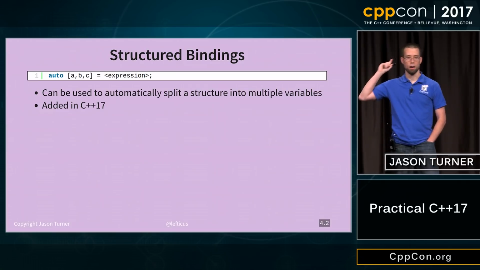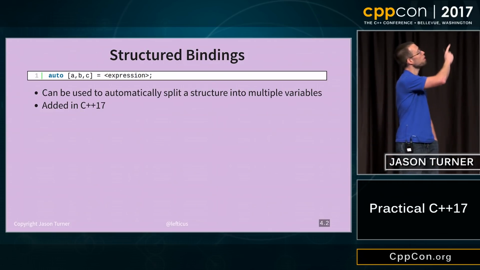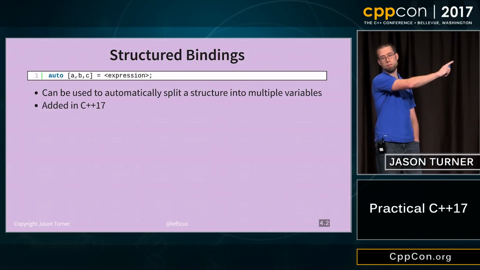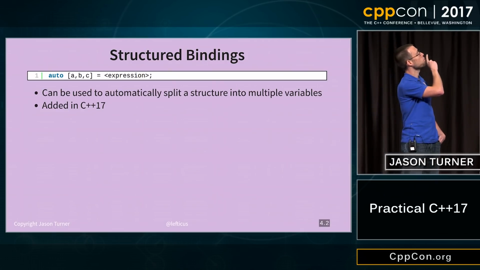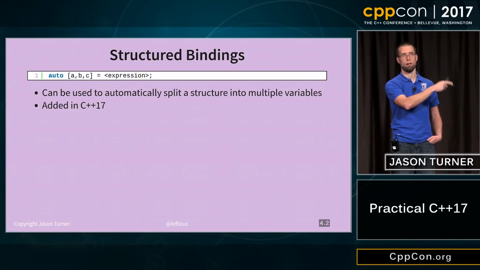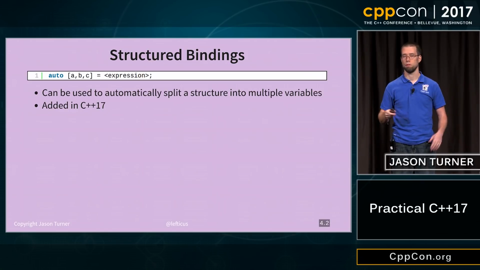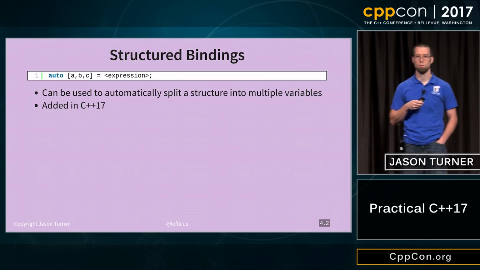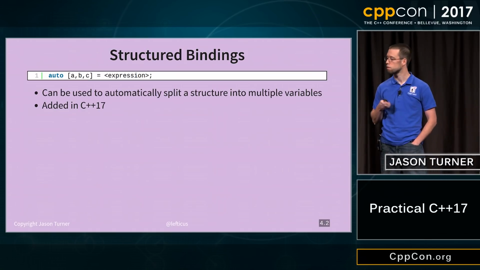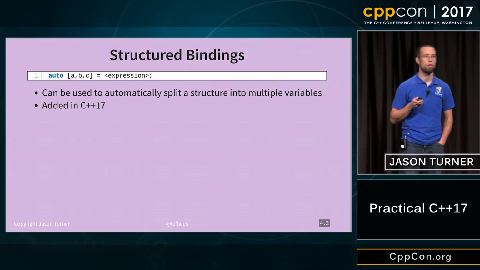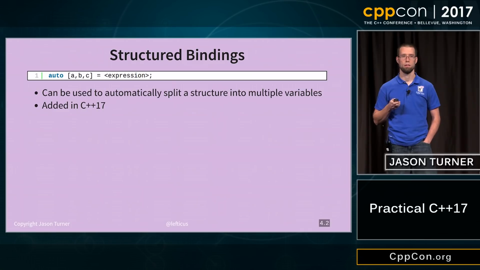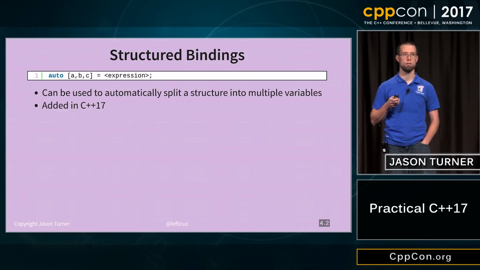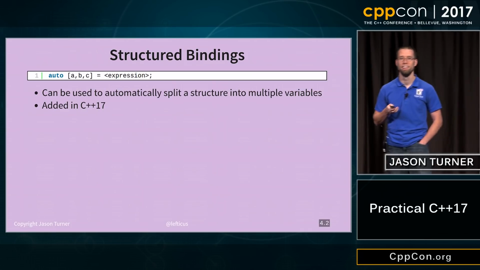It works just like auto deduction. You must use auto. It must be a comma-separated list of things inside of brackets. And it can be auto, const auto, auto ref. I think volatile can be used with it, but I'm not sure if I've actually tried that. Does anyone know if volatile can be used with structured bindings? What? No, it can't, says Bjarne.